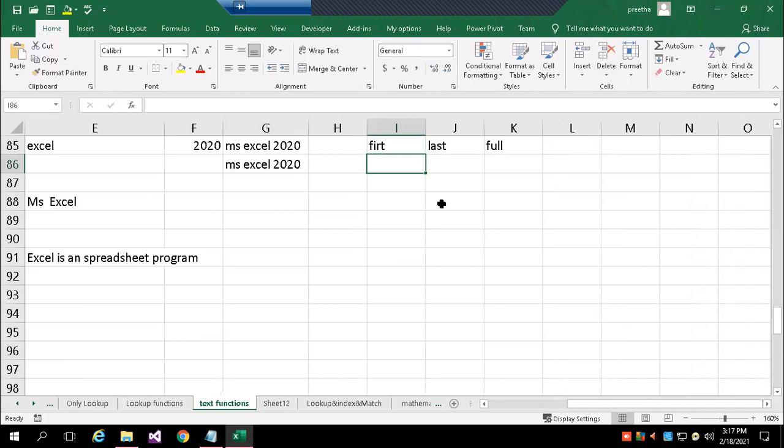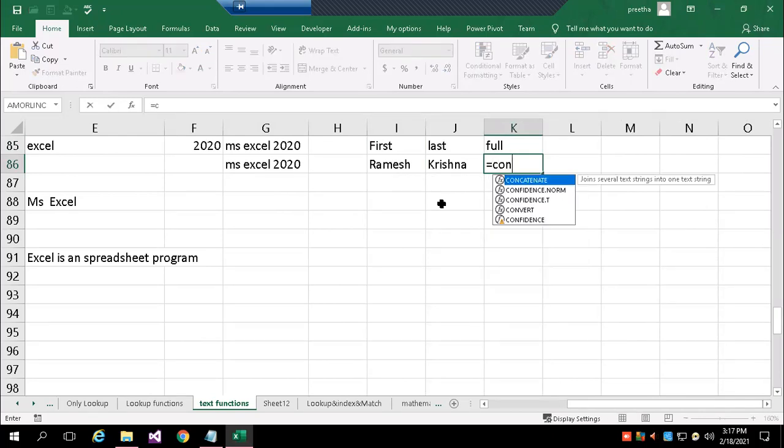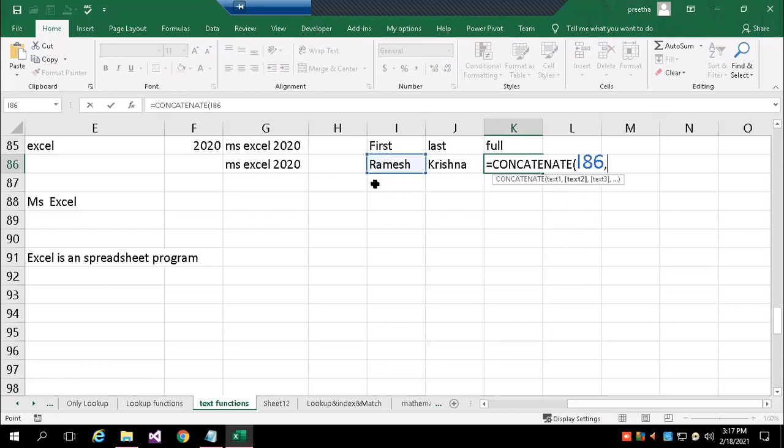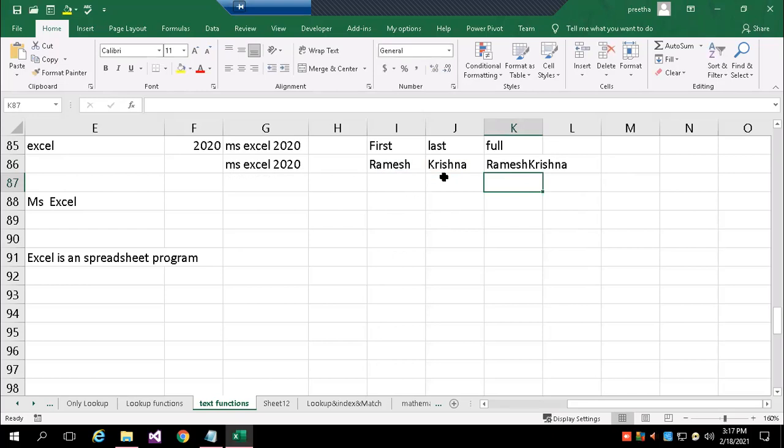So here if I say, for example, the first name is Ramesh and last name is Krishna. I want to join together. I want to write it as a single name. So equal to concatenate. Your choice, you use ampersand or the function. First cell address, comma, second cell address. You can see the result. It will join and give you the text.